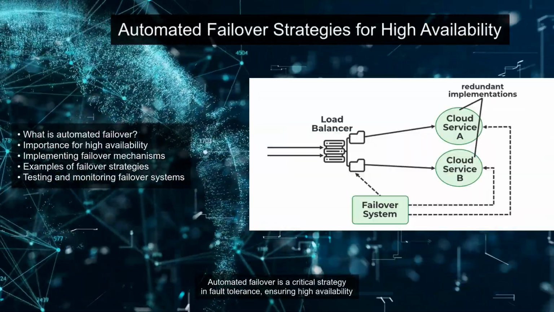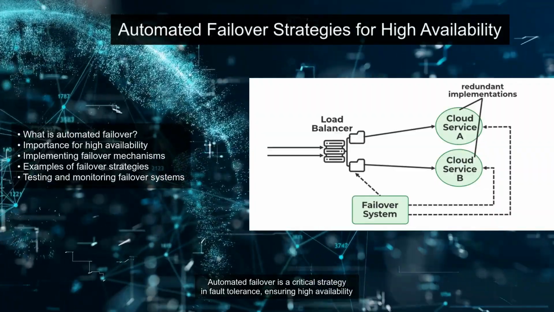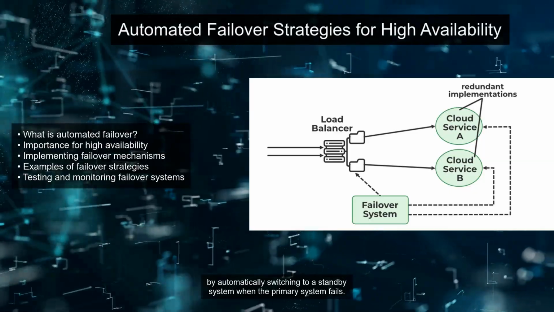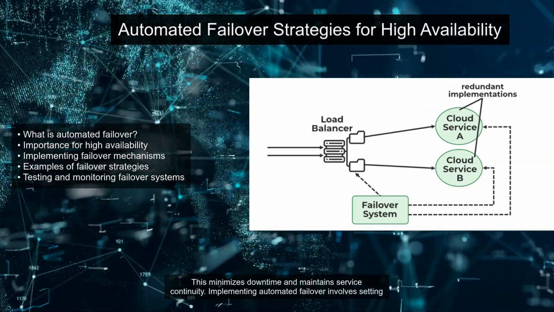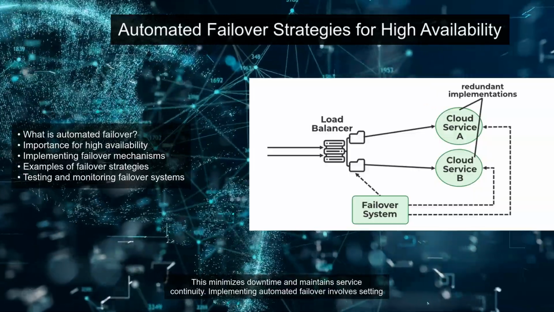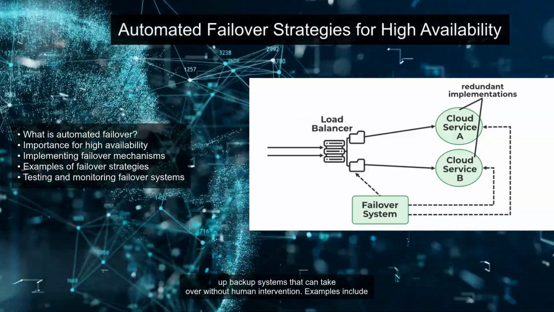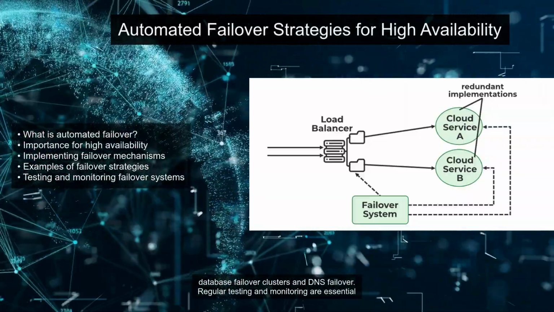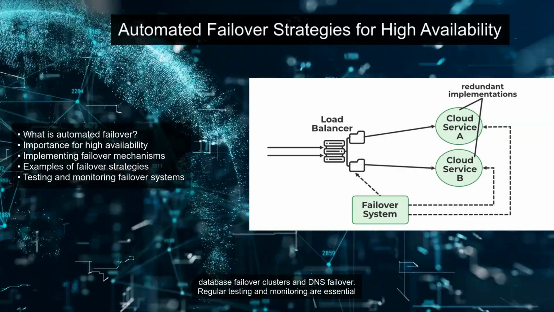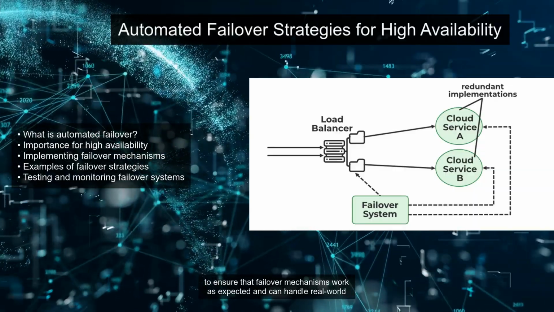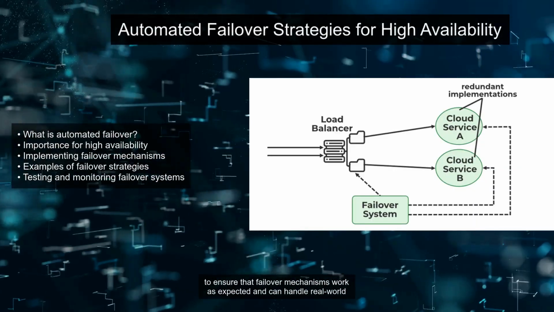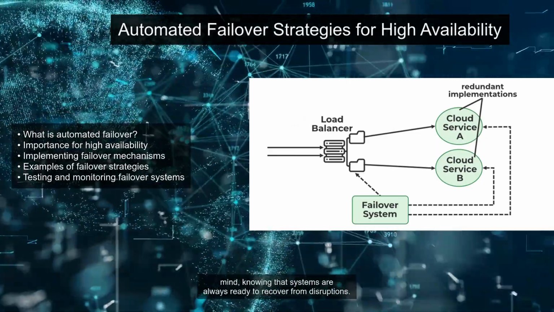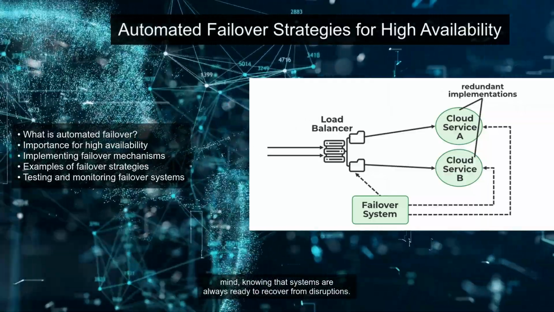Automated failover is a critical strategy in fault tolerance, ensuring high availability by automatically switching to a standby system when the primary system fails. This minimizes downtime and maintains service continuity. Implementing automated failover involves setting up backup systems that can take over without human intervention. Examples include database failover clusters and DNS failover. Regular testing and monitoring are essential to ensure that failover mechanisms work as expected and can handle real-world failures. Automated failover not only enhances reliability but also provides peace of mind, knowing that systems are always ready to recover